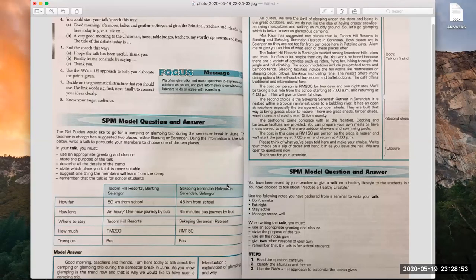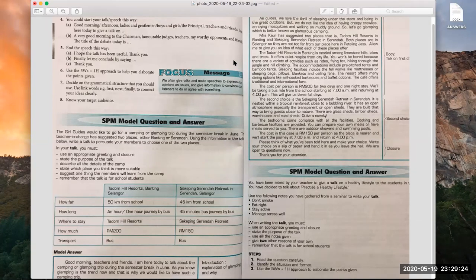Okay, so in this video, I am going to try to help you understand. Today's topic would be how to write a speech, how to write a talk. They are more or less the same thing, so we will do it together. Right, so how I am going to go about this is that we will be looking at two samples from